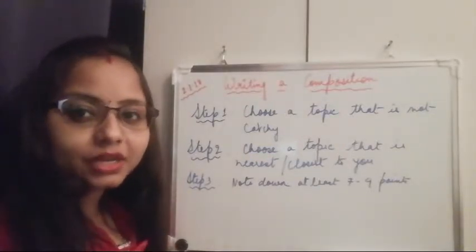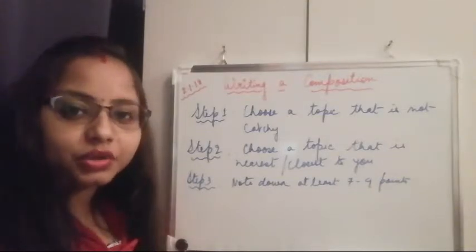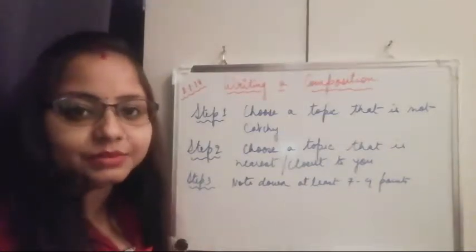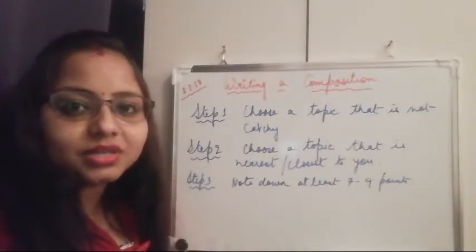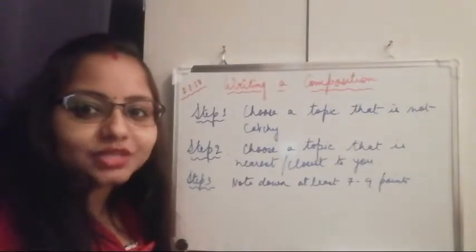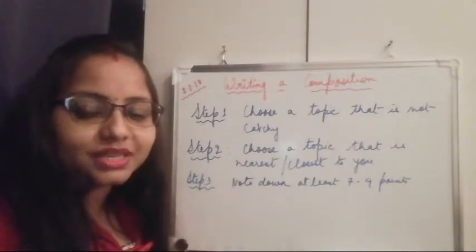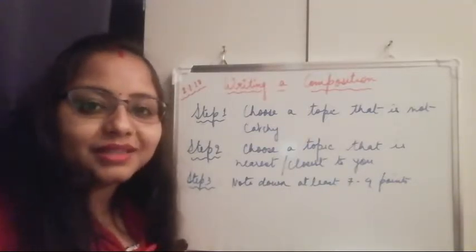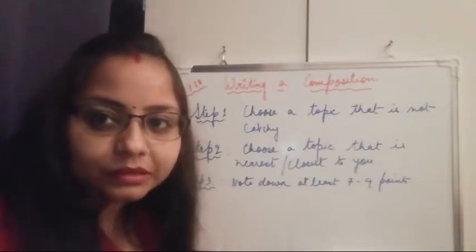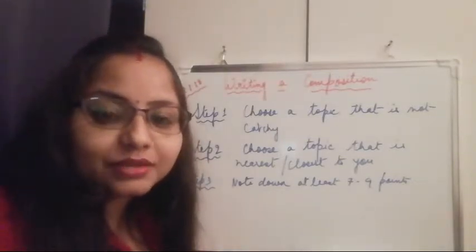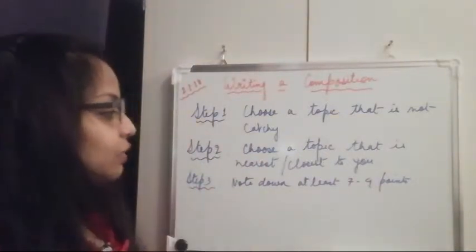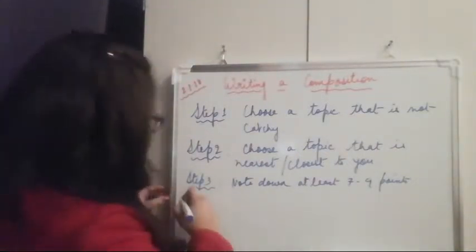I have seen many of my friends, and during my teaching years as well, I have noticed many of my students coming after the exams and complaining that they just picked up the topic because a friend of theirs was attempting that, thinking that it would fetch them good marks, but they ended up writing nothing, literally nothing. So please don't go for those quicker ways. So note down at least 7 to 9 points, and the next step should be